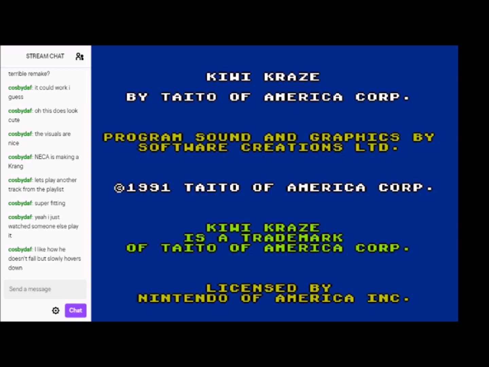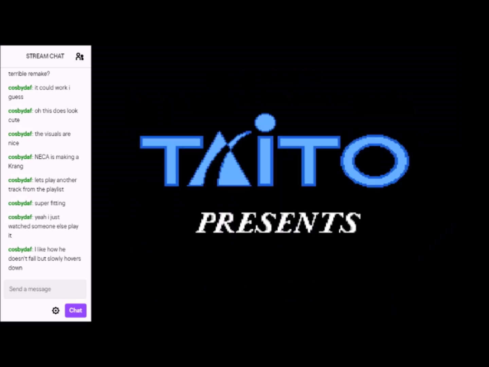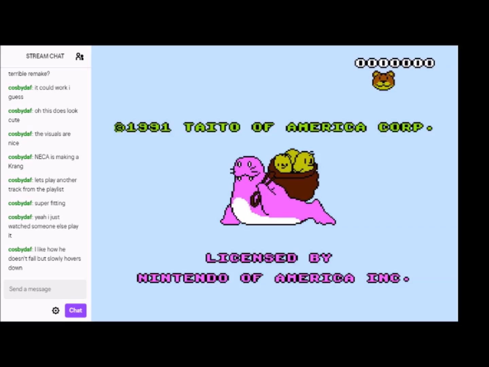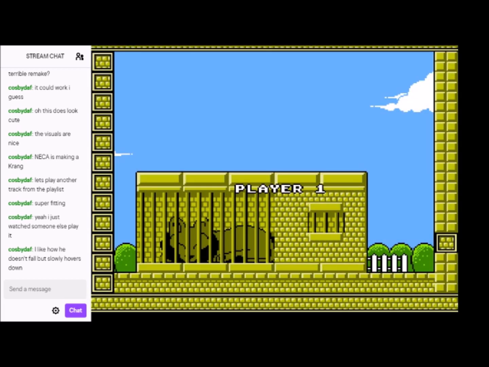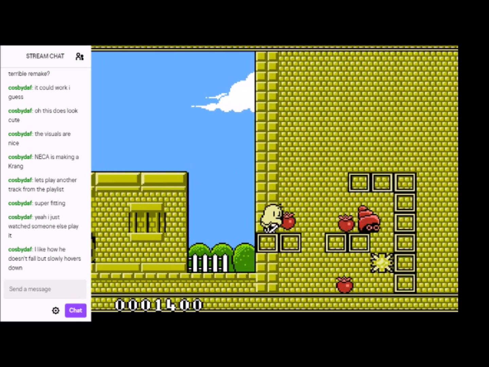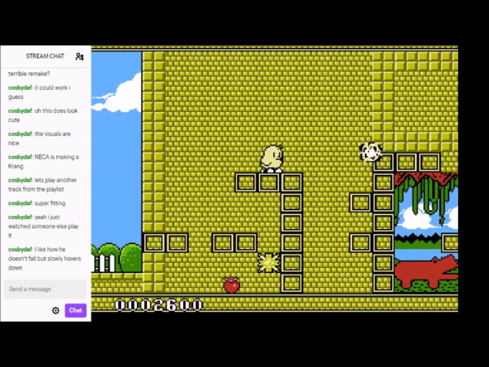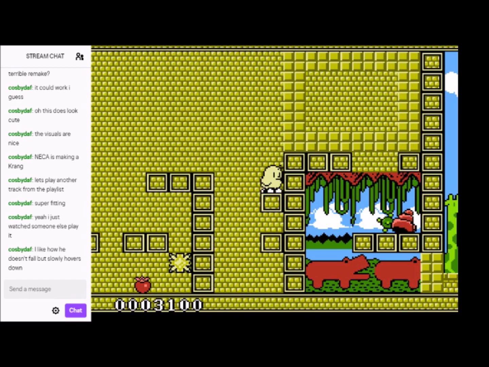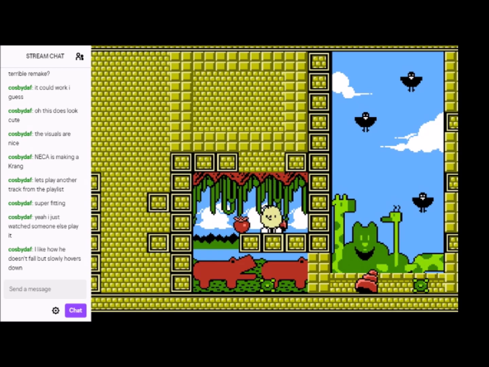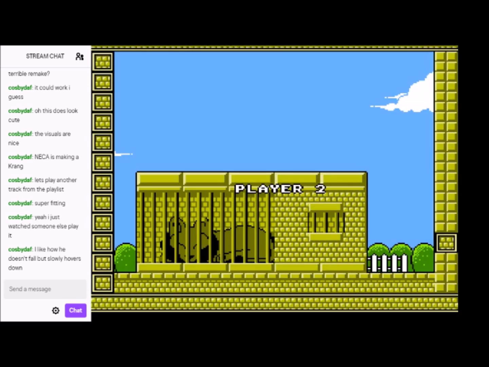Up next is Kiwi Craze. You play a little bird kiwi fella whose friends have been kidnapped by a walrus. Go fight. Apparently this game was super popular in Europe for home computers at the time, so I think a version of it came packed in with the Commodore 64